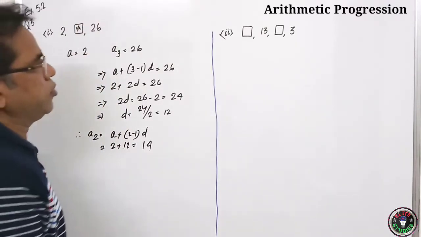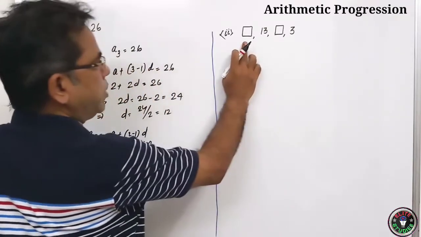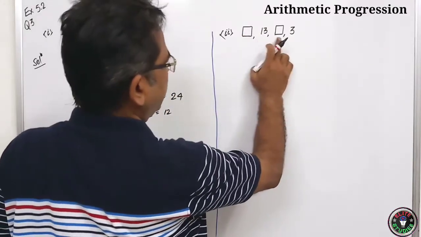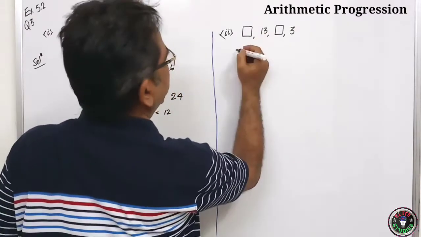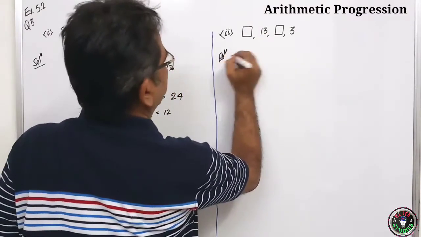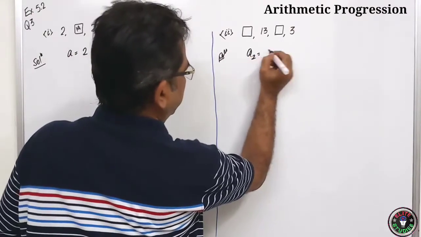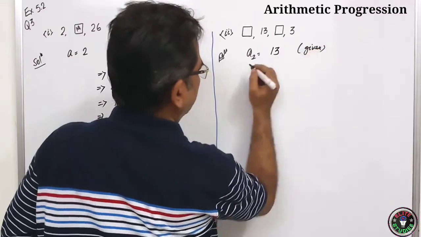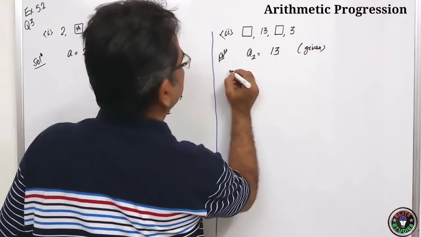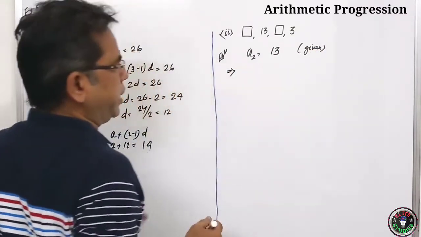Similarly, let us do the second question. Here, A is not given to us, but A1, first term, second term, third term, fourth term. Here A2 is given to us. Solution: A2 is equal to 13. It is given. So A2 is 13. This implies